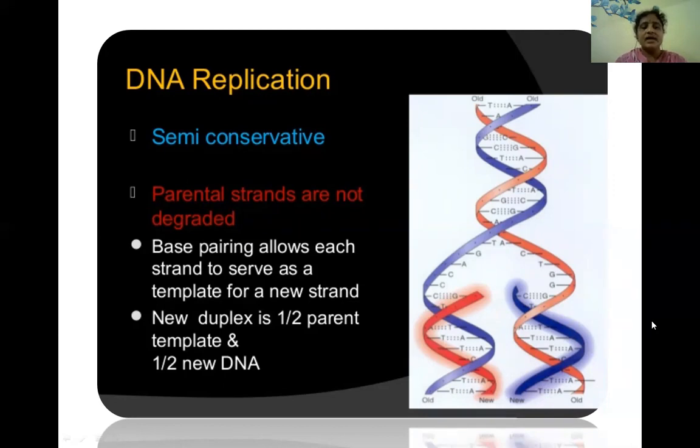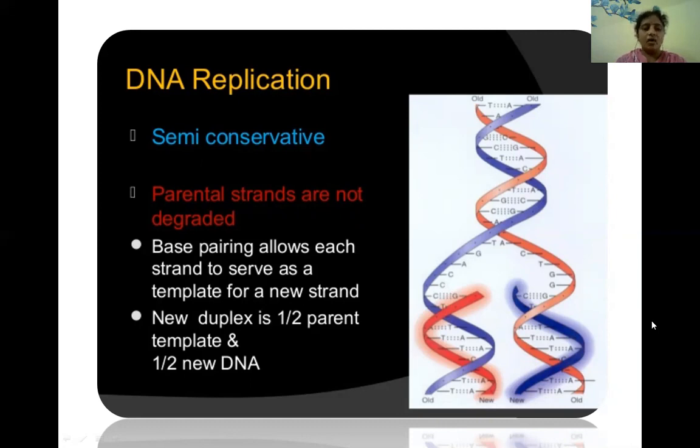DNA synthesis is carried out by DNA polymerases. These are the enzymes useful for DNA replication, which are also known as replicases. There are many types in prokaryotes and eukaryotes. DNA polymerase 3 in E. coli is very useful for DNA replication in E. coli. Next, DNA polymerase gamma is very useful for the replication of mitochondria.